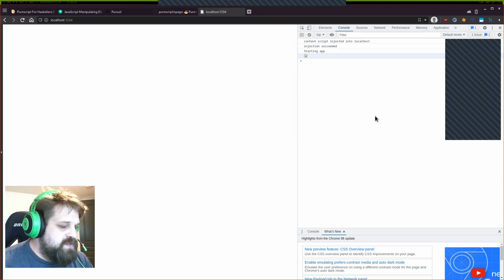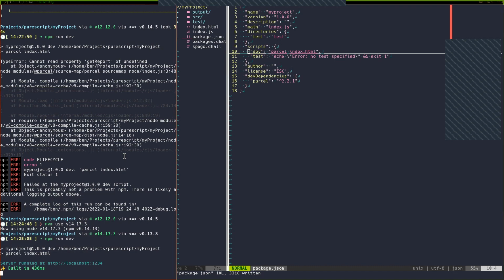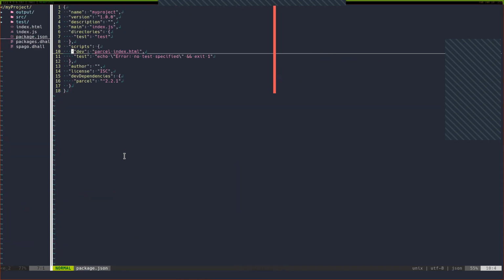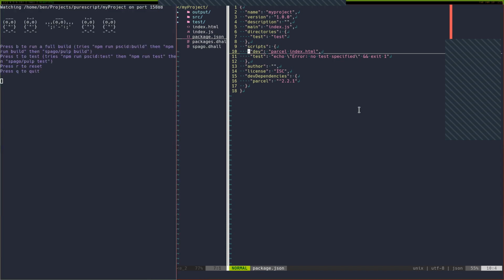One nice thing about Parcel actually is, and I'll maybe get this running. Now that I've got it, I'm just going to send that off to another workspace in Linux, and I'll set up a new terminal. So what I can do now is I can run pscid, and I can start to make live changes, and they should be reflected in my web page. So it's all hot reloading. Let's come here.